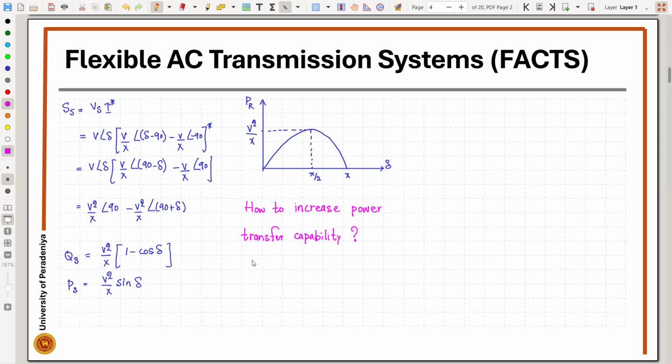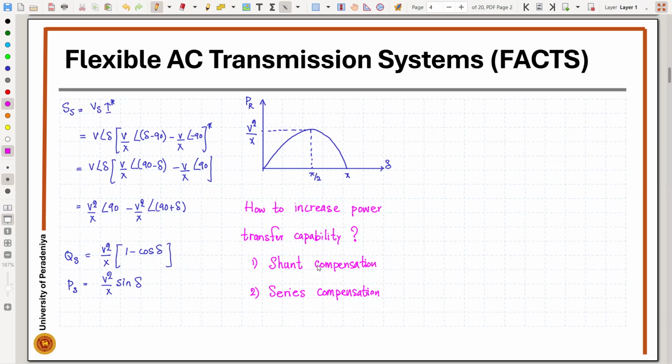So one option is to use shunt compensation. The second option is to use series compensation. So we will discuss these two methods,